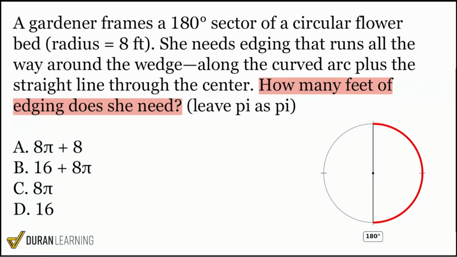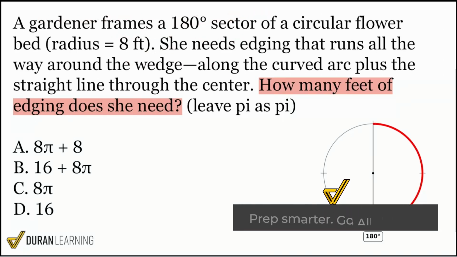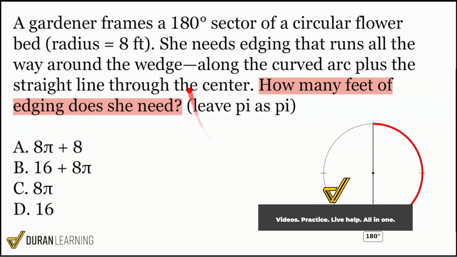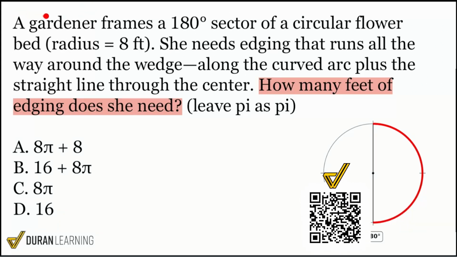We might need a little more information. We might need to read this a little more to understand what's going on. Yeah, sure, we have this picture here, but what does it really mean? So let's take our attention over here and let's start reading through. So a gardener frames a 180-degree sector of a circular flower bed, and the radius of this flower bed is